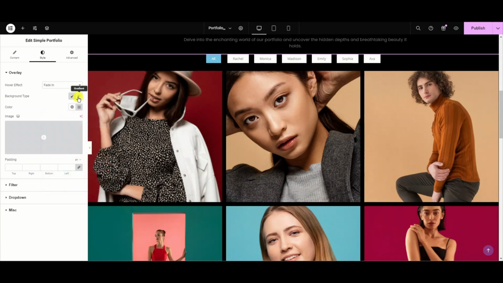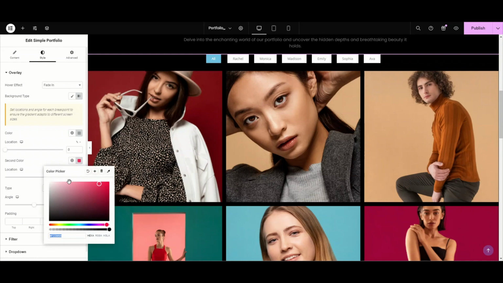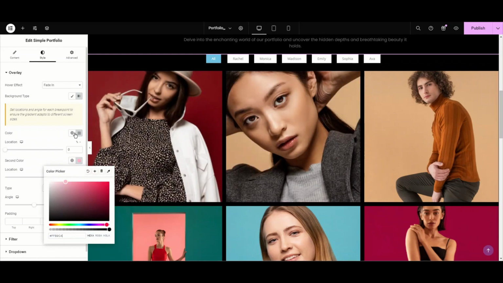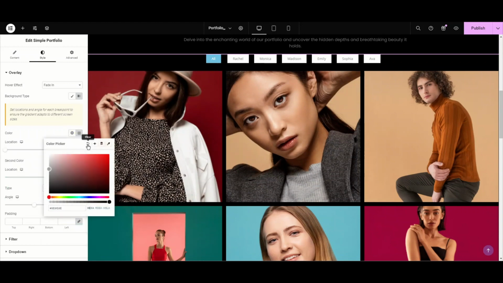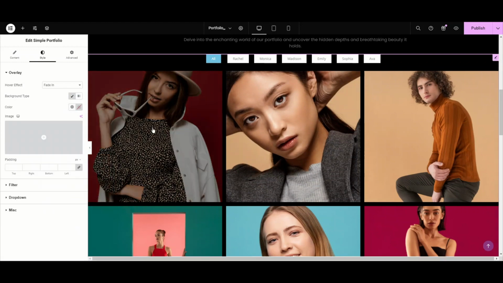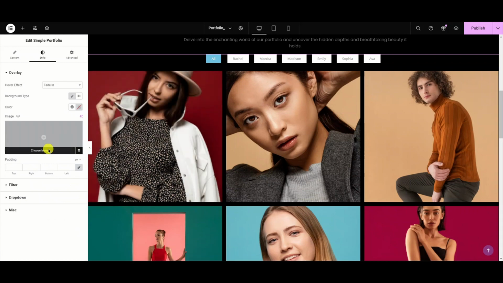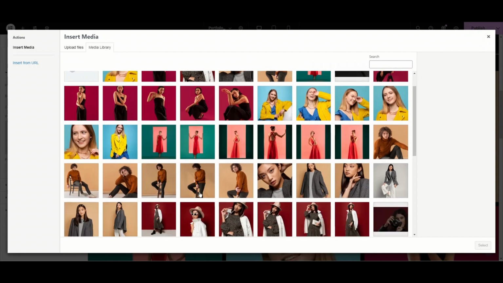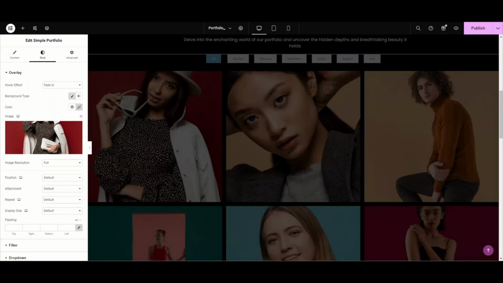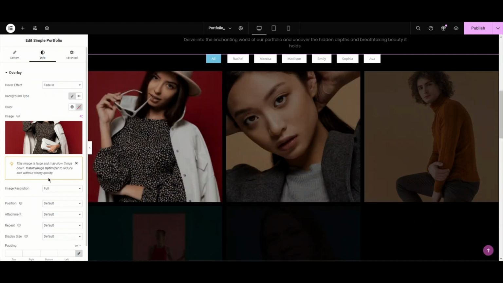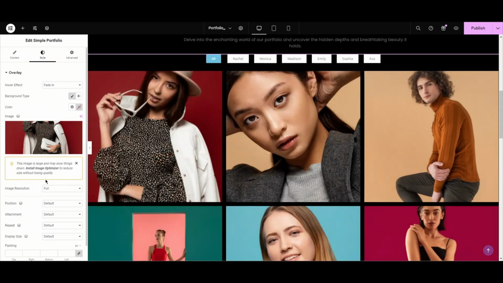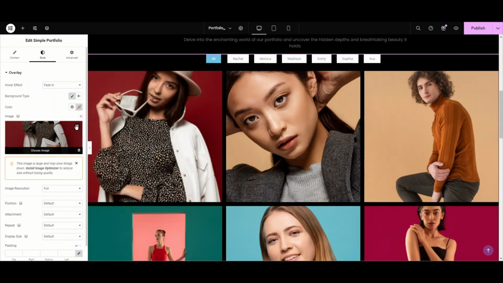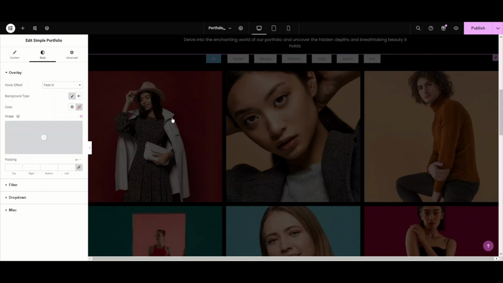Now let's try the gradient background. For this, we need to choose a second color. So let's try the second color somewhat pink. And look. Now let's set this all to default, because I'm good without this background. We can also use an image as an overlay background. Simply choose the image, select and upload. Let me show you. When we hover, you can see the overlay effect. Now let's set this all to default. Because I'm good without this overlay, I'm just keeping it simple.